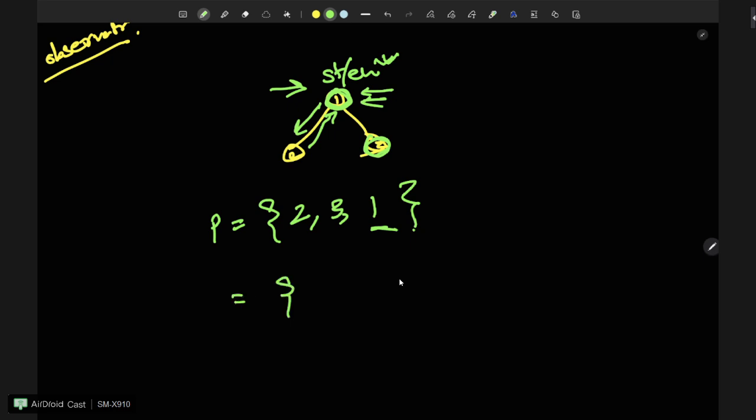Another solution you can think of is 1, 2, and 3. Like your first node is 1 only, so the mouse stays here only. Then it goes to the second node, and finally it returns back to 1 as the last node is 3, so it moves one step towards 3, so it reaches 1. Now there can be more also. Let's see, so these two